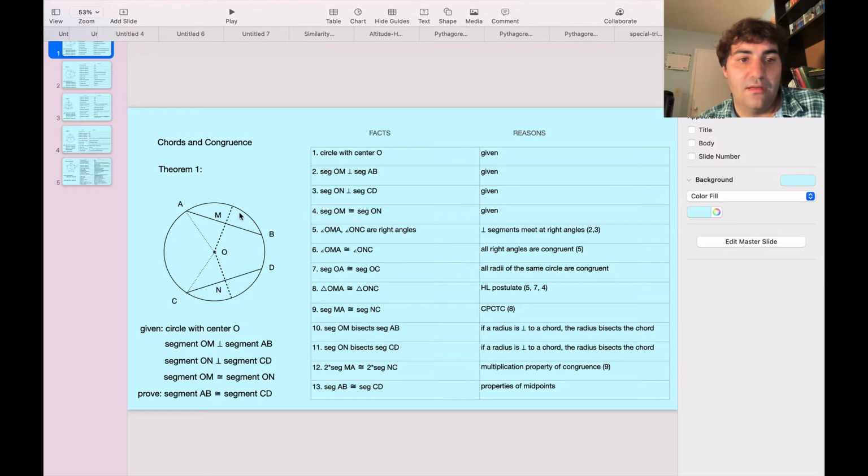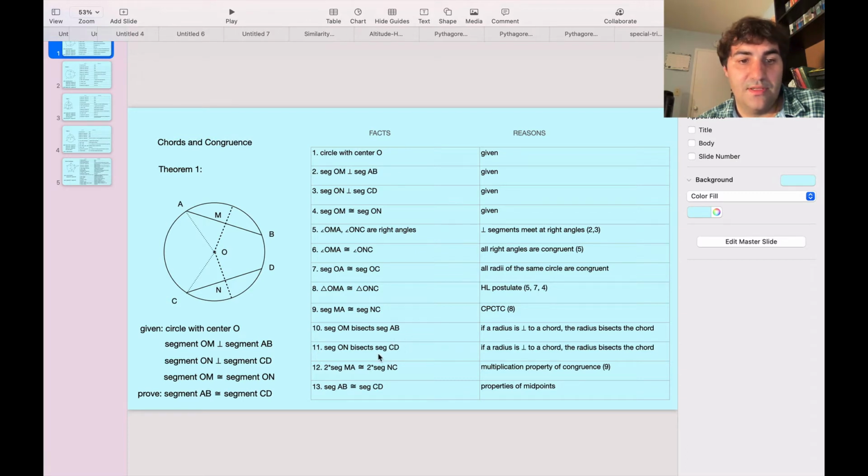So if you look at what I've drawn, I've actually extended segment OM to the point where it intersects the circle. Same with segment ON, I extended it to where it intersects the circle. So we can be rigorous and say if a radius is perpendicular to a chord, then the radius bisects the chord, right? If I just included OM and didn't extend it, I couldn't really apply that theorem to say that M is a bisection point, N is a bisection point. So anyway,